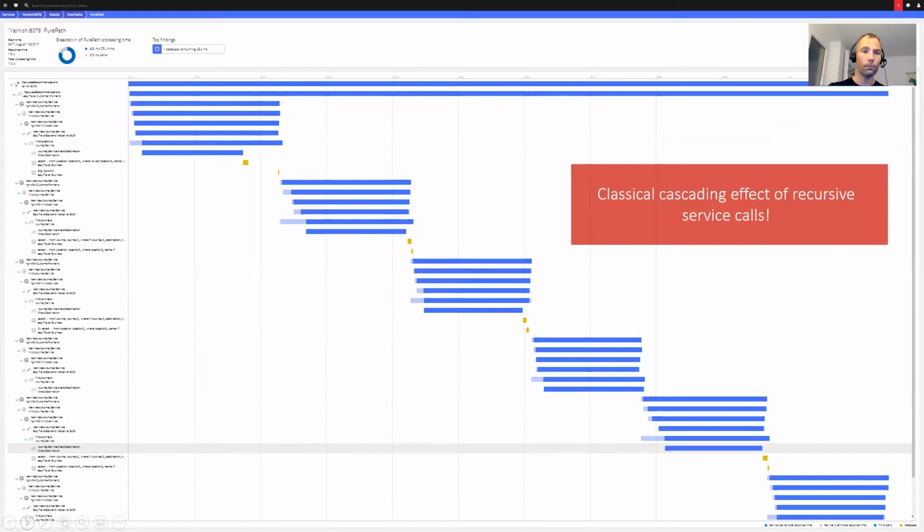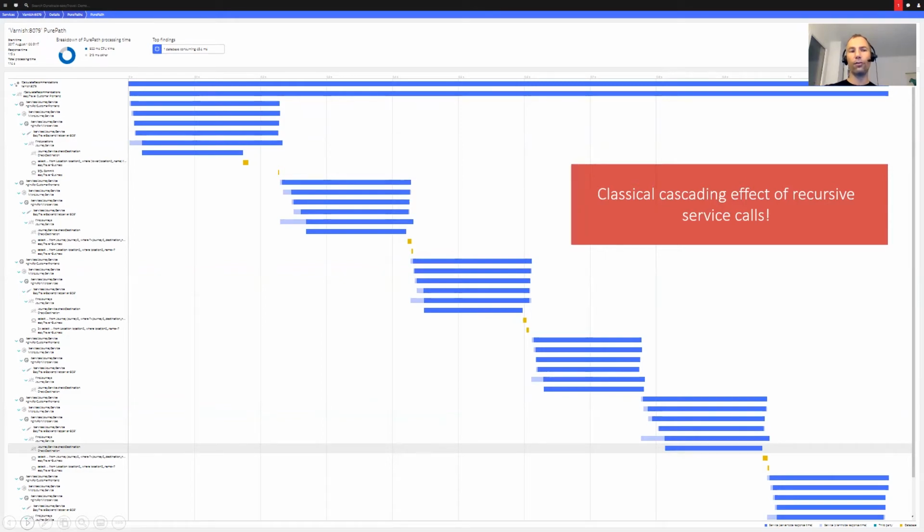Another interesting thing from another application is this cascading effect. This reminded me of the waterfall graphs we looked at when we analyzed slow web pages while they were loading. You can see here how the application was always calling the same bulk of services over and over again. I think this was a search result, so a search page, and then it was reaching out to a backend service and getting more details about this particular batch of results, and then the next one. It's cascading, with a lot of recursive calls. So not pretty, right? Maybe pretty if you like the waterfalls, but